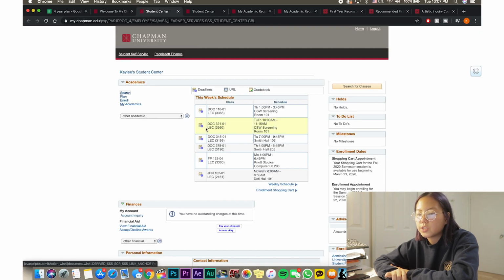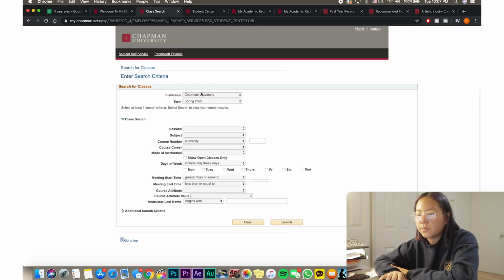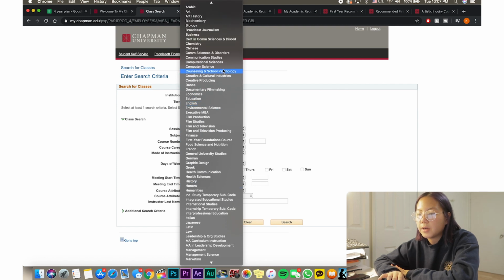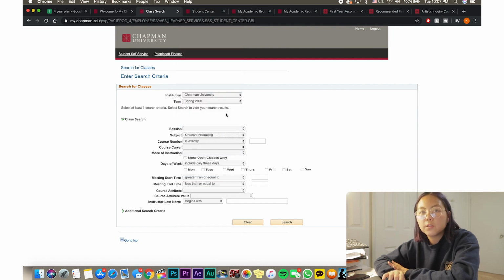So you go to search, and then you just make sure to have the right year in, and then you just search the classes. What I do is search by subject, and let's say your major is creative producing, you just click creative producing, and then you can just search and you'll get a whole list of classes that you can take.